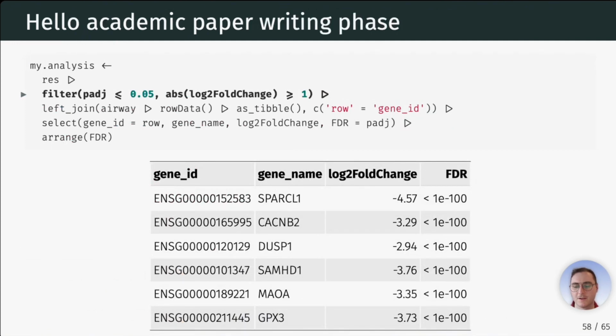We look at this data set, we make a call of differential expression, let's say at the significance cutoff of 0.05, the default, and select maybe genes that only had a log fold change of at least 1, so at least twice as high in either condition. Compare it together with the join to the meta information, and we can make a nice little list that we can then give to our biologist collaborators and say, okay, the gene names Spark